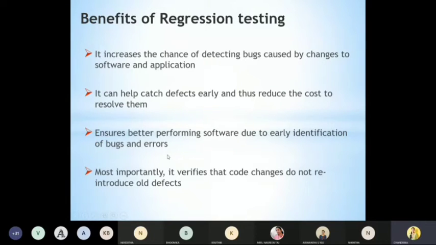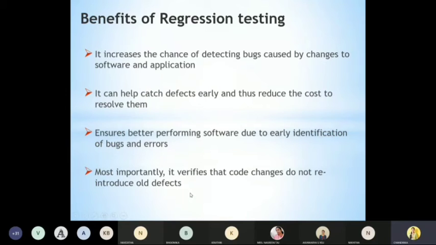Most importantly, it verifies that code changes do not reintroduce old defects. If we change the code and it reintroduces older defects, regression testing identifies that and helps debug those errors.